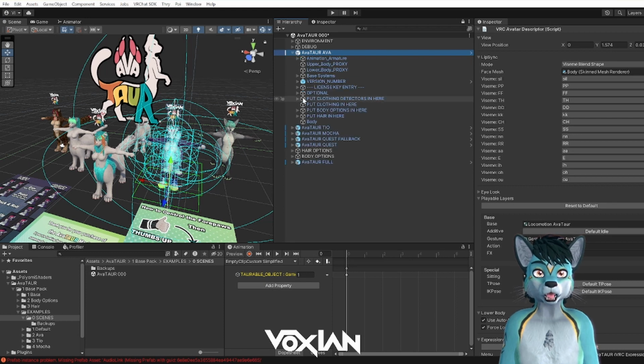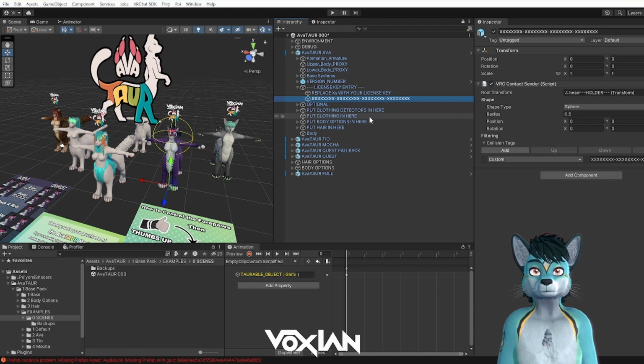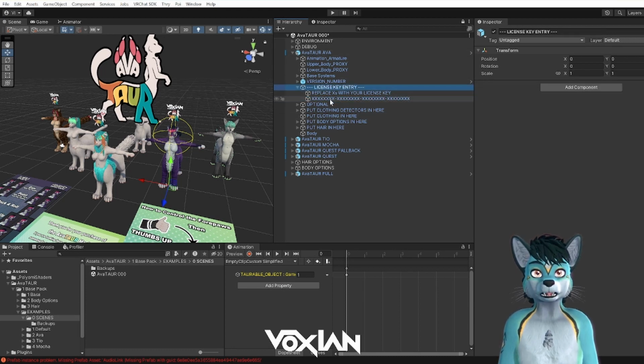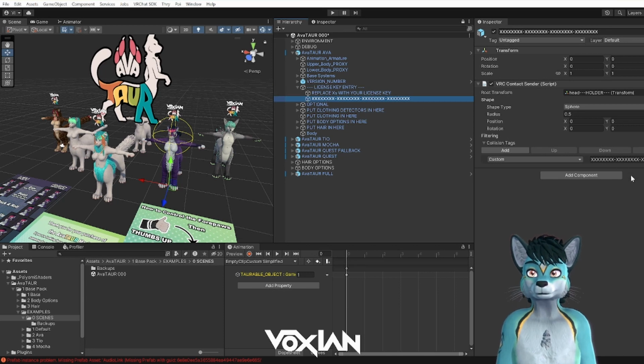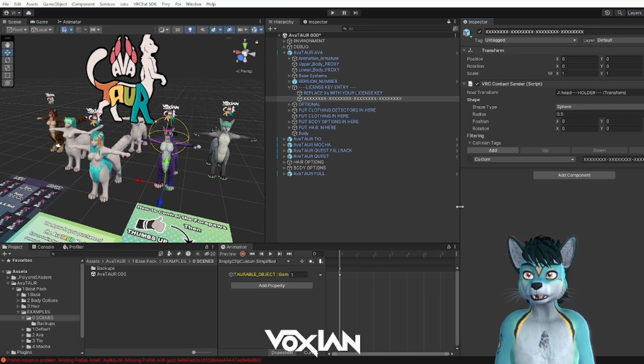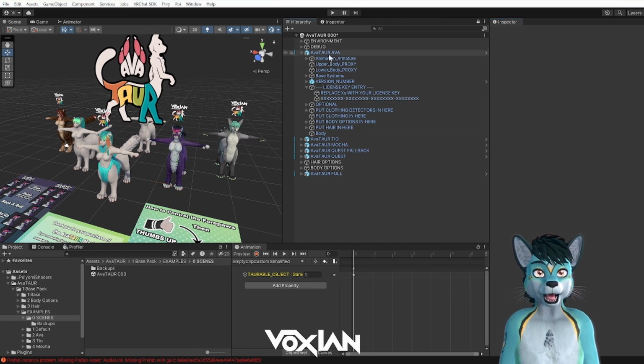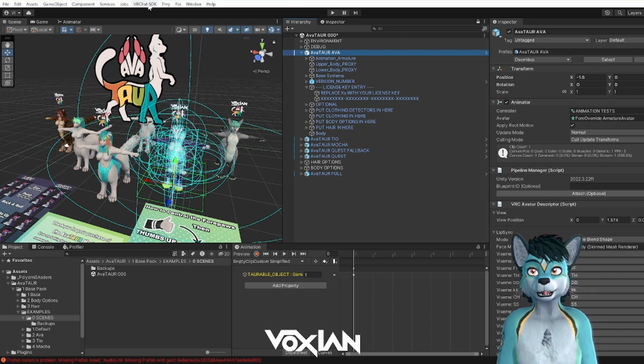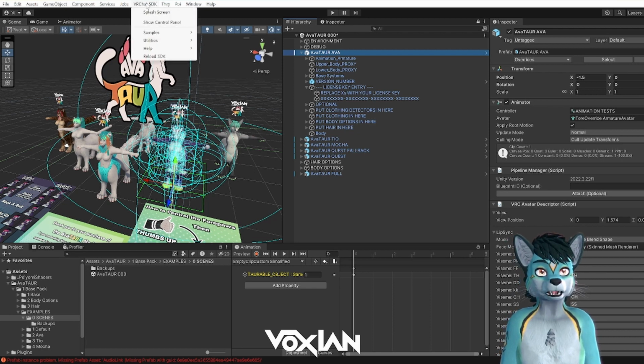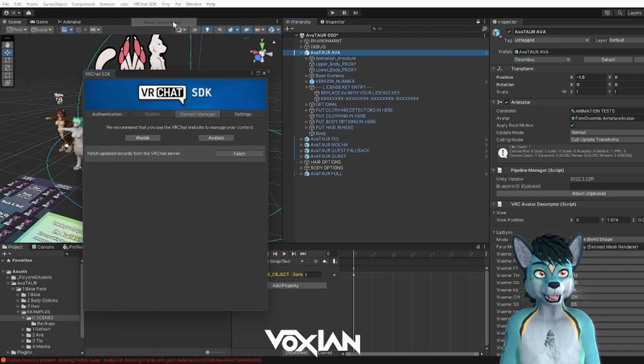But you should change the license key before uploading it though. Under AvaTAUR Ava, there is a license key entry with all these X's. There is a context sender that you can type in your license key. So just copy and paste your license key into here. It'll be a nice long number, and that'll get it all set up that way. But other than that, this version is ready to upload, so you can click on VRChat SDK, show control panel,